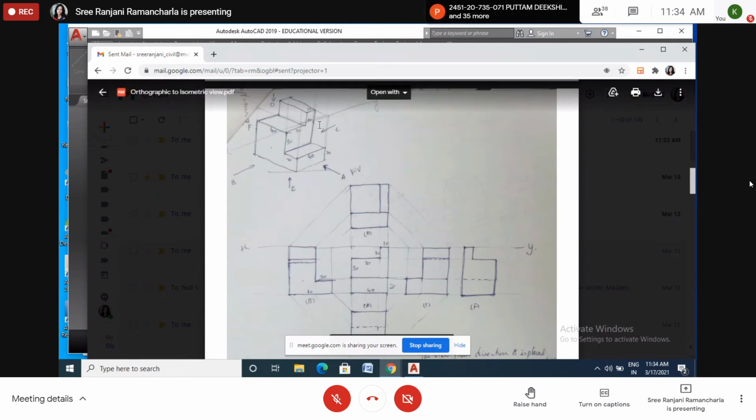So all dimensions will not be given, only a few will be given. By looking at those few dimensions, you should know the remaining dimensions. You have to calculate. So if this is 40, this will become 10. If this is 30, this will be 10. So height is given. Where is the height? 20 is given. See here, 20. This is height 20. So this is 30, so this total is 50. This edge you can see, so that's why I drew this edge here.